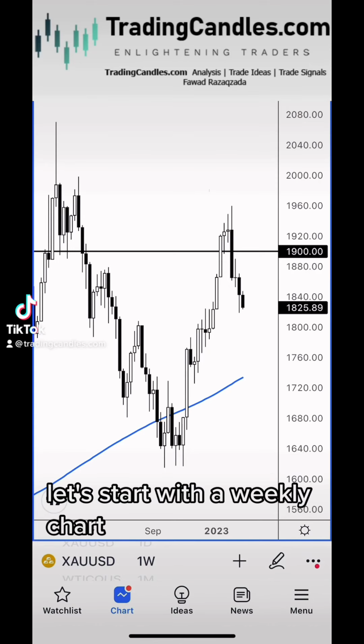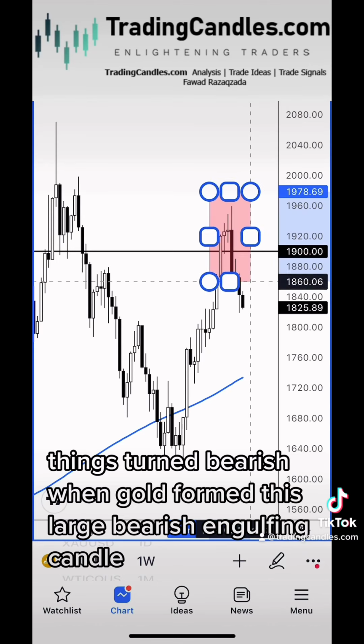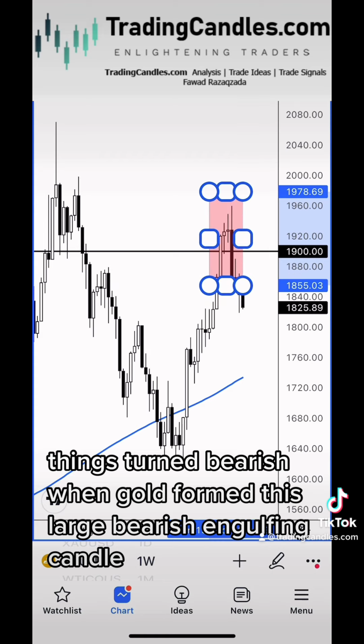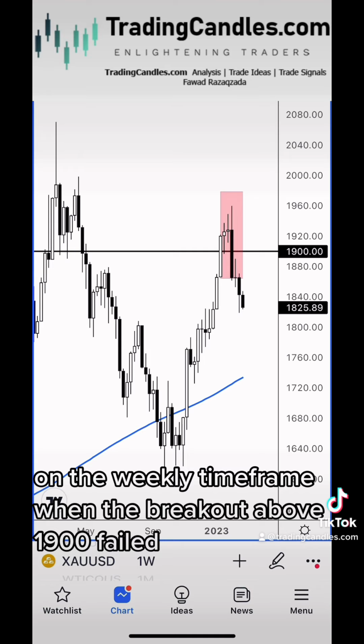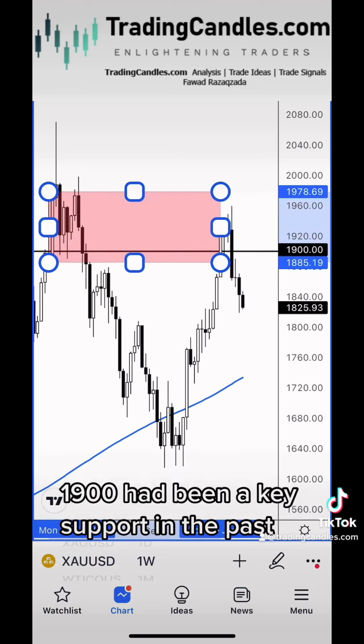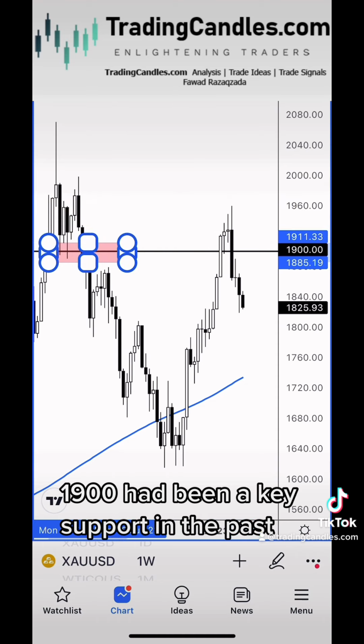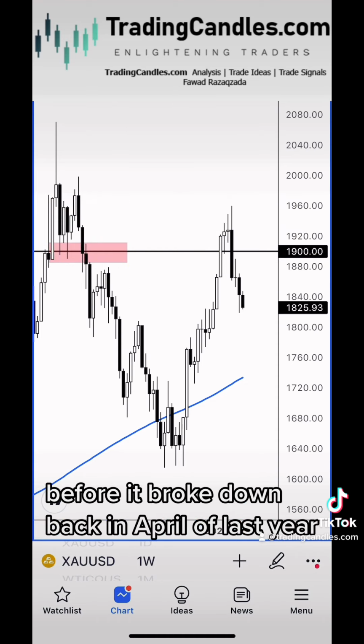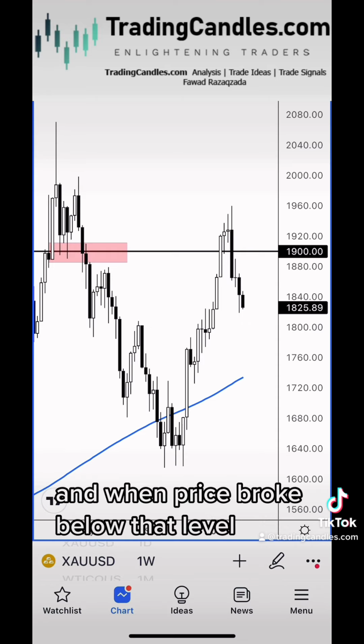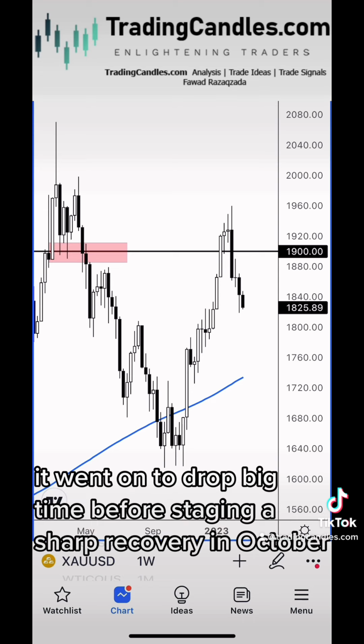Let's start with a weekly chart. Things turned bearish when gold formed this large bearish engulfing candle on the weekly time frame when the breakout above 1900 failed. 1900 had been a key support in the past before it broke down back in April of last year, and when price broke below that level, it went on to drop big time before staging a sharp recovery